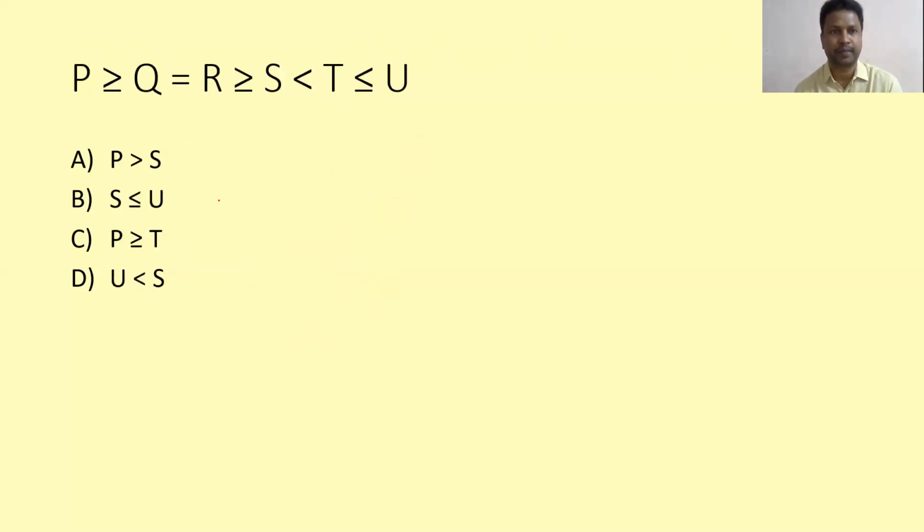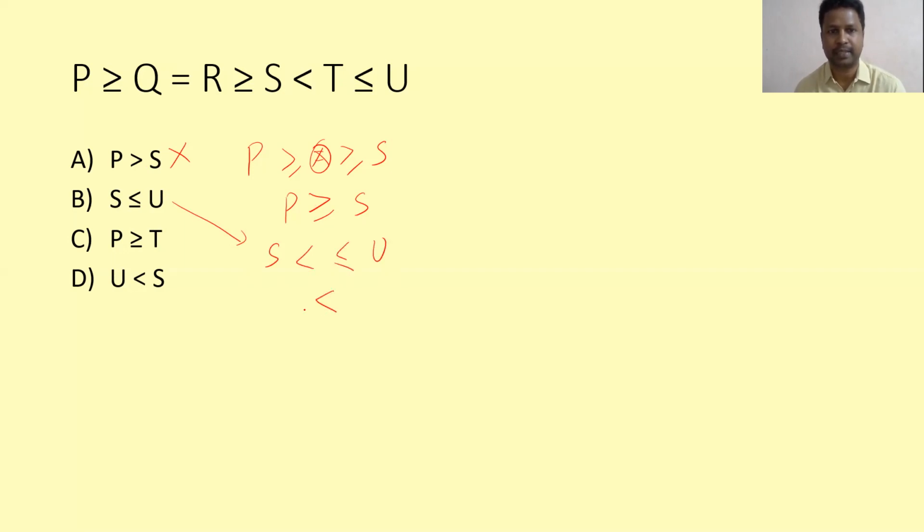Last question. P and S. We're going to compare P and S. Equal to, we can ignore it. Symbols are in the same direction, yes. Both have equal symbols, yes. So I can say P is greater than or equal to S. I can't conclude P is greater than S because it is not always greater. And they are comparing S and U.